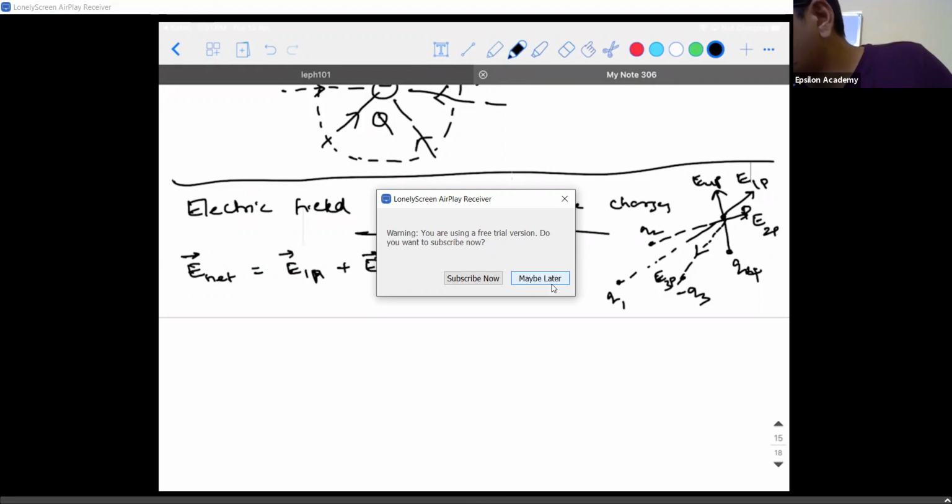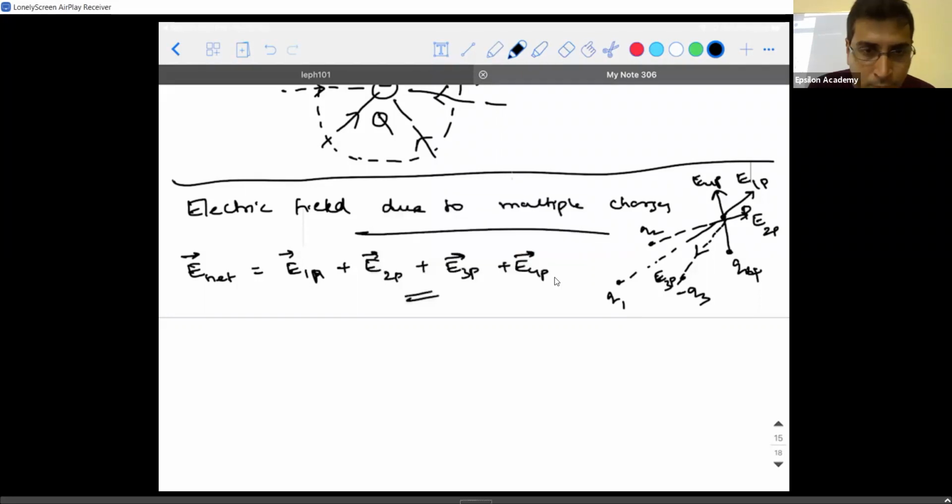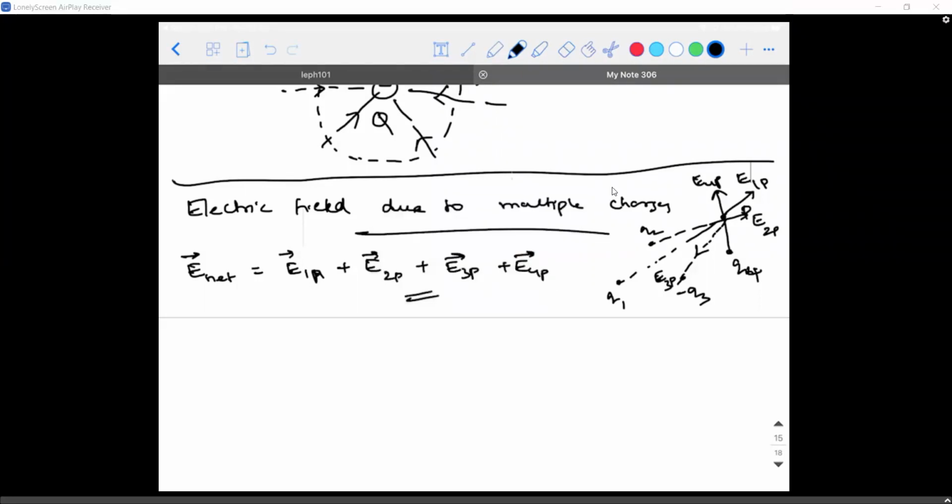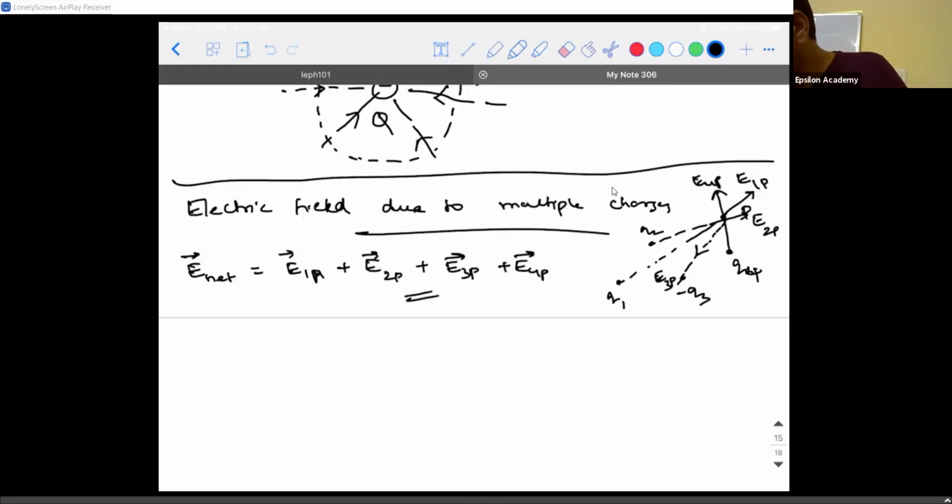Am I clear? Yes? Okay. Students online? Yes, sir. Okay. So this is an important point. All the derivations we are going to see in the upcoming classes are dependent on this particular equation only. So have this point in your mind. The same resolution of vectors, same parallelogram, everything is the same.